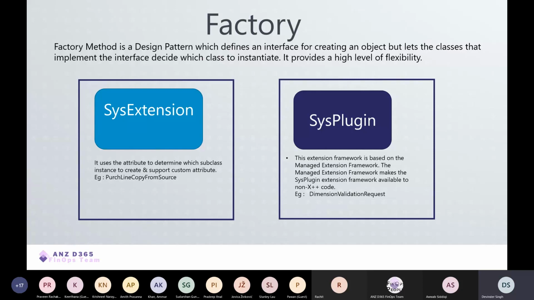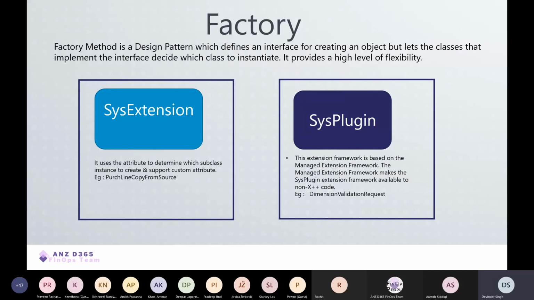Another pattern that is widely used in D365 is factory method. It's a design pattern which defines an interface for creating an object, but your classes will decide which particular class needs to be instantiated, like which child class needs to be created in this particular piece of code. Now, factory methods